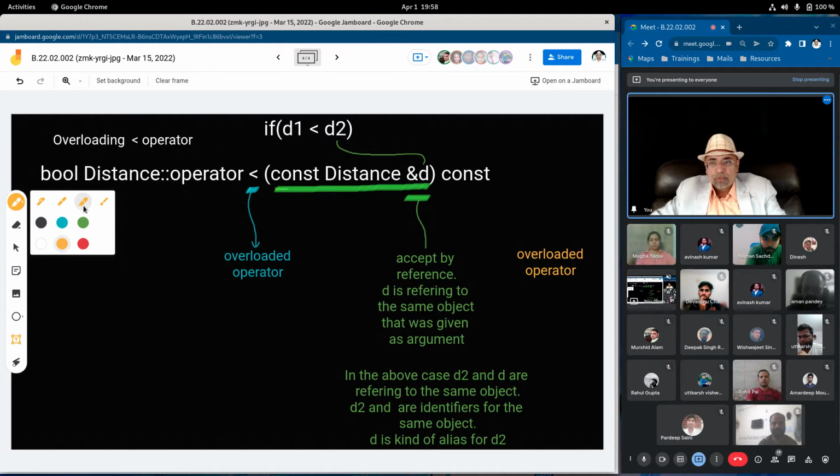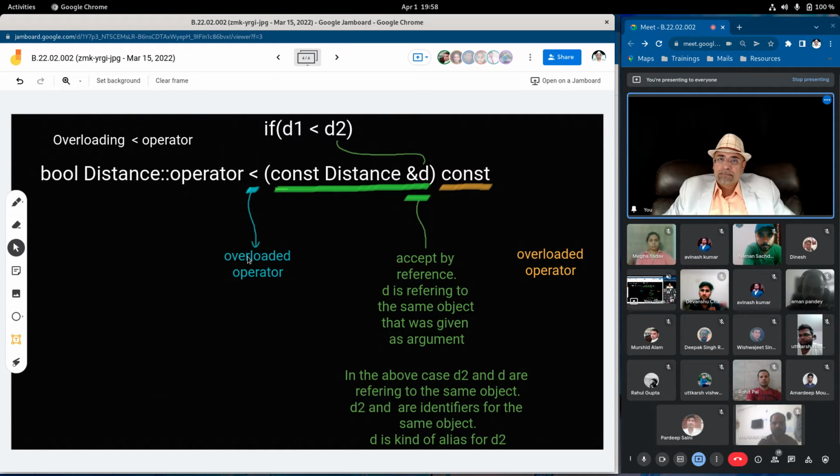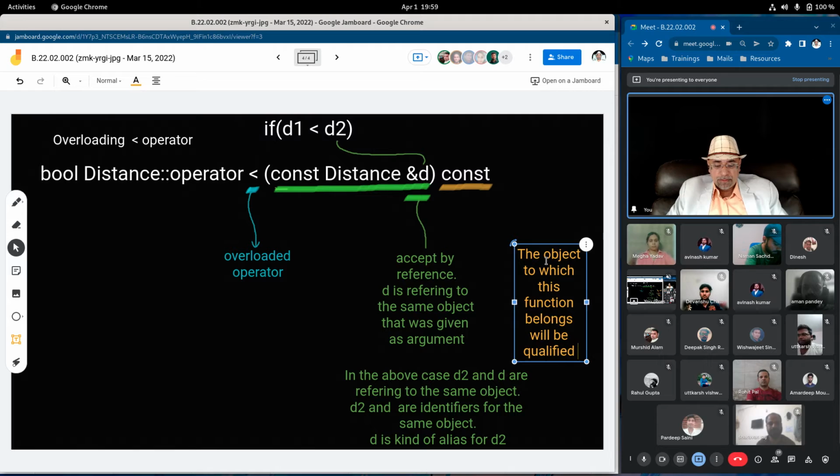Now, about this constant. The object to which this function belongs will be qualified as a constant.